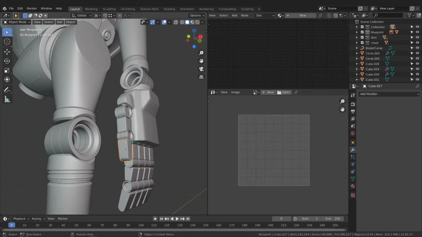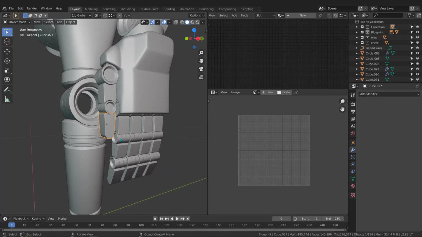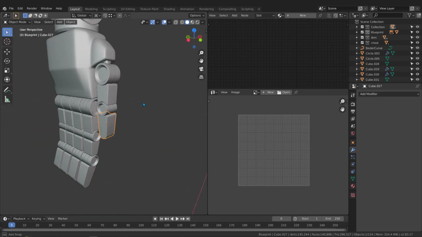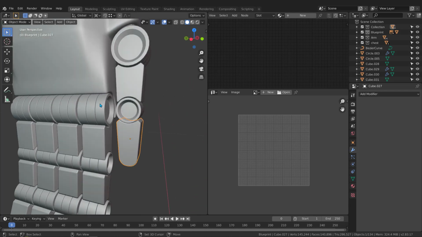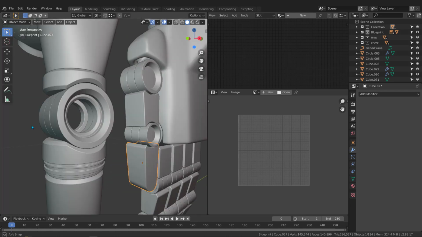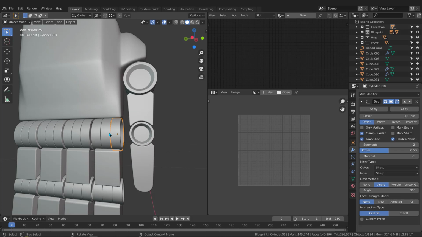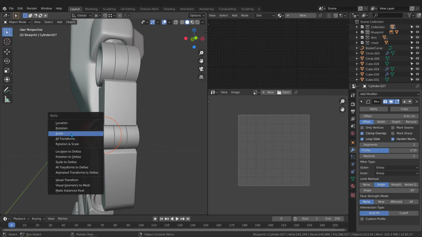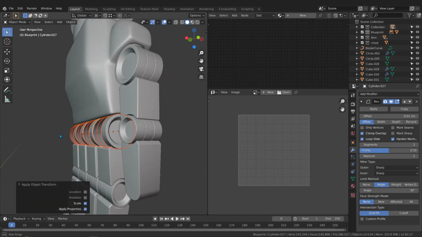Hit slash. That's cool. And we just complete this finger. It takes too much time actually. Let's see what about these. Let's grab this one and Control A, apply the scale. Let's grab all of these actually. Control A, apply the scale. Some of them,